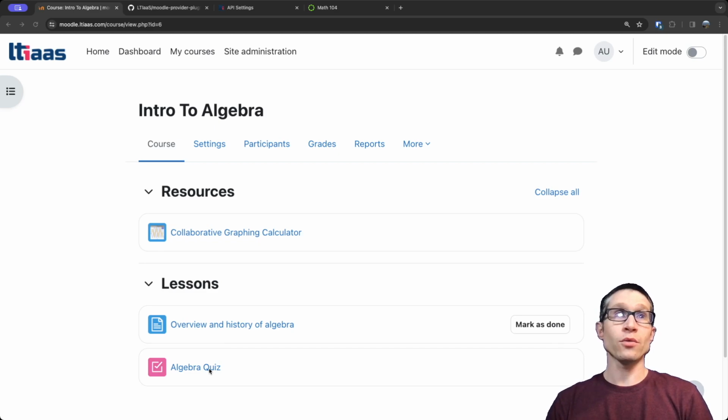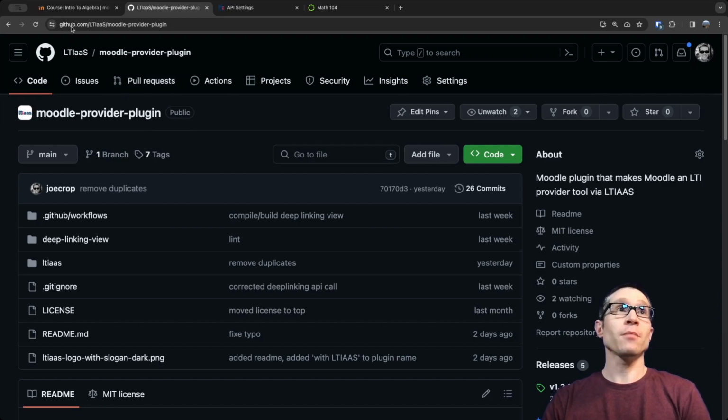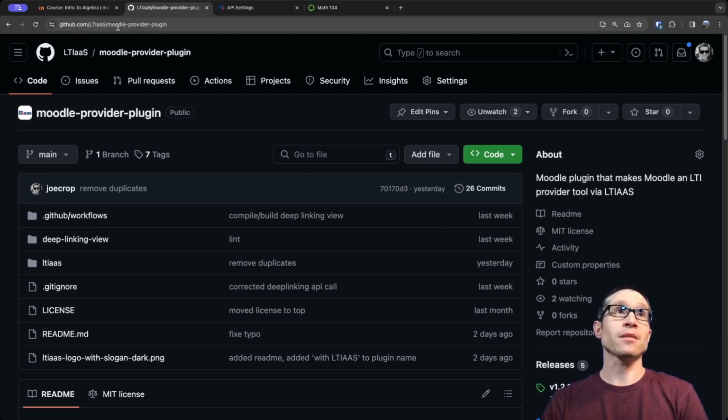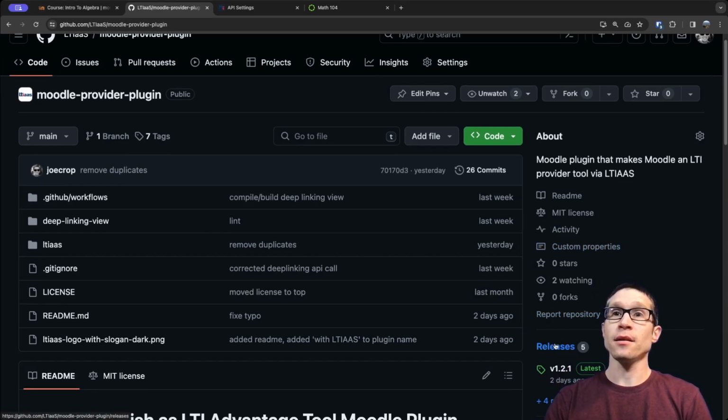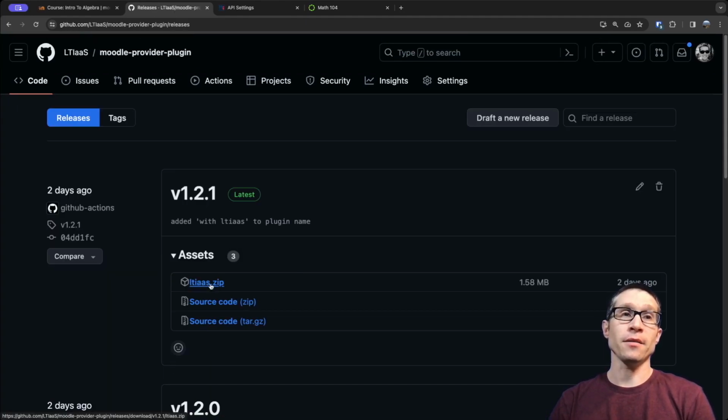To use LTI as a service to connect your LTI Moodle tool to LMSs, we need to install a plugin. So we get that plugin by going to github.com/LTIaaS/Moodle-provider-plugin. This is an open source project, open source plugin. And all you have to do is find the latest release here. So I'm going to click on releases, and there's a zip file, ltiaas.zip. All you have to do is download this zip file to your computer, and then we're going to install it